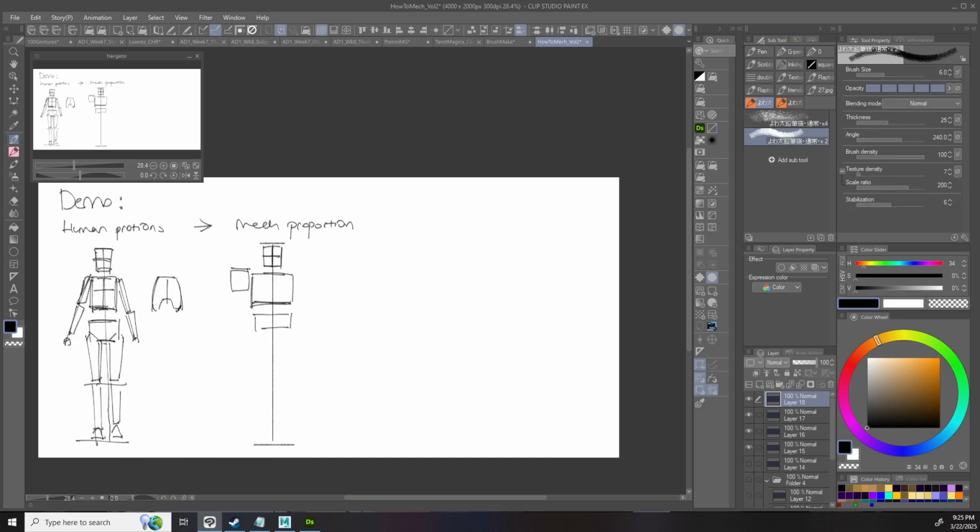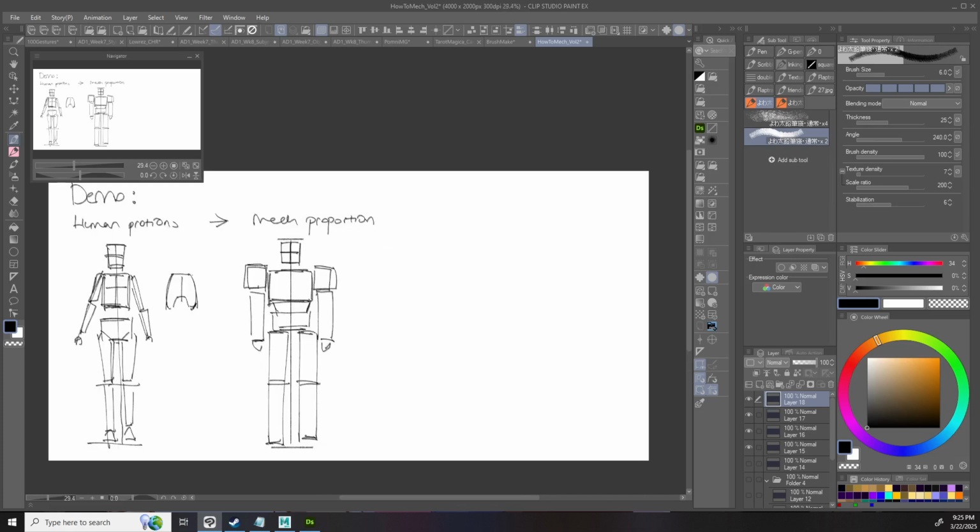Let's just make everything boxy. You can see it has a read of a robot, but it doesn't exactly feel like